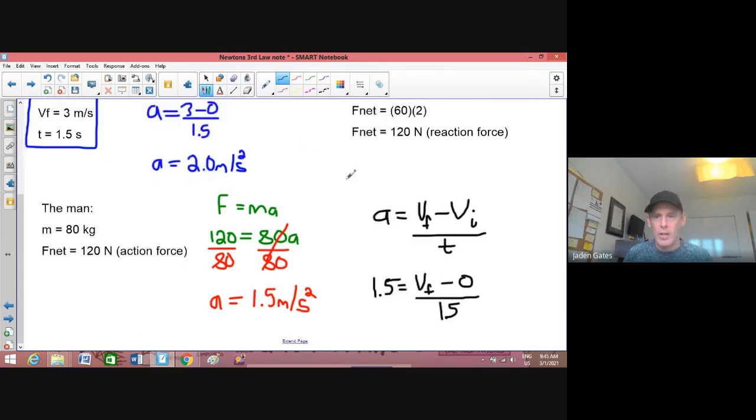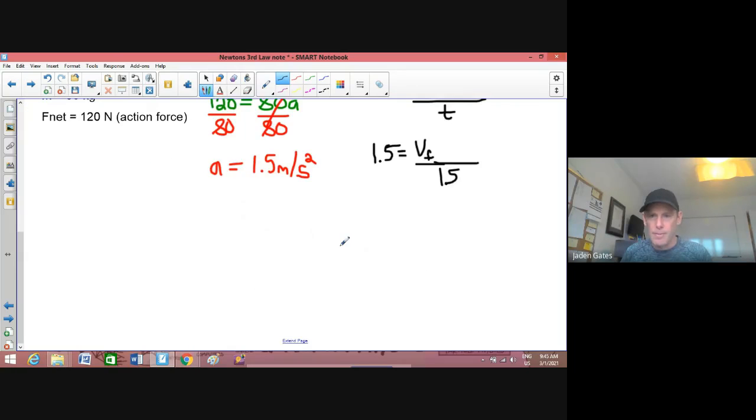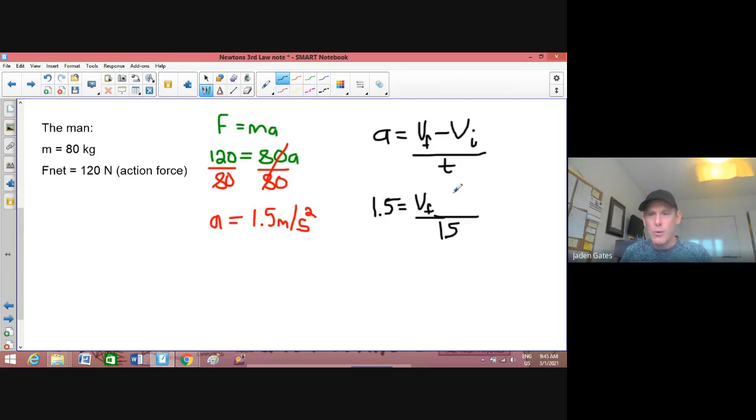Now let's see here. vf minus 0 is just going to be vf, so I'm just going to get rid of that because it's nothing. Now I've got a number equaling a fraction. Been here before, done this before. I'm going to create a fraction equaling a fraction again, so I can cross multiply. And so I'm going to have 1 times vf, which is just vf, and then I got